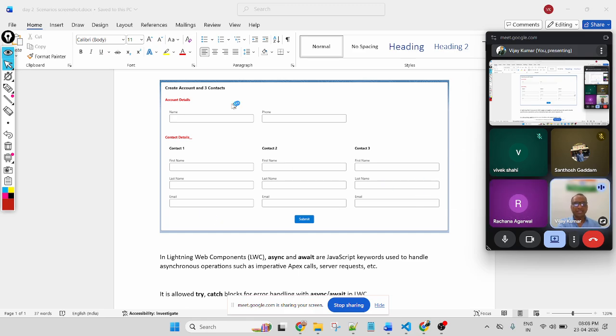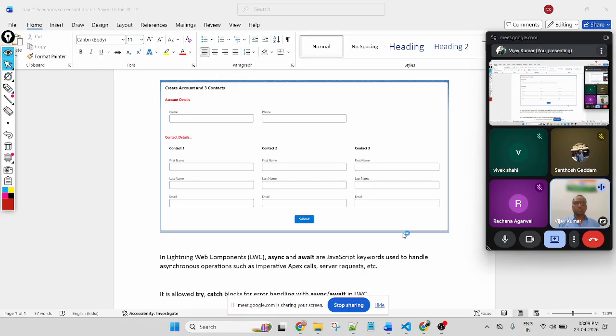So four records are created with a single button click: one account record and three contact records. If you are inserting multiple records with a single button click, you use database.insert. Here we will also use async and await because this is the latest standard version of JavaScript.